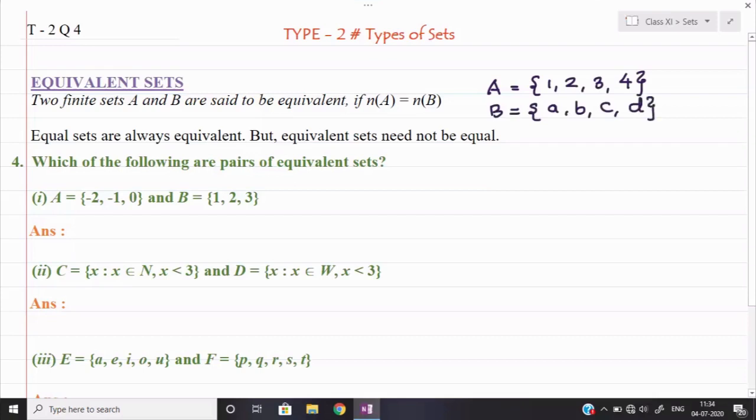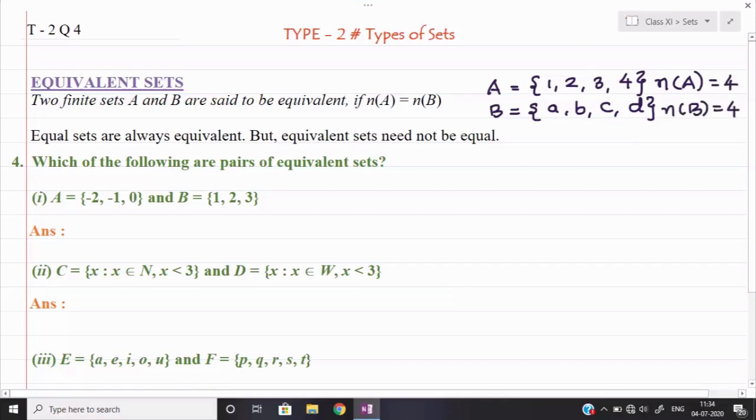Okay. Now one thing tell me, definitely A and B will be unequal because the elements are different over there. But one thing you note, the number of elements in set A and the number of elements in set B are the same. Suppose the number of elements we denote by n, a small letter, and in the bracket we write A. This kind of notation you have seen last year in the chapter on probability. Similarly, n of B is also equal to 4.